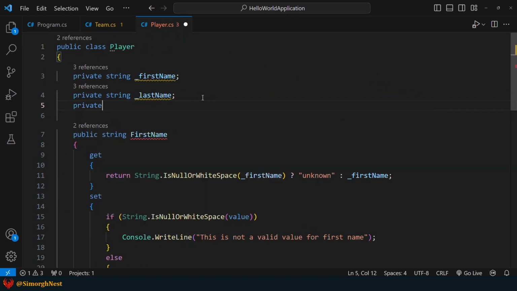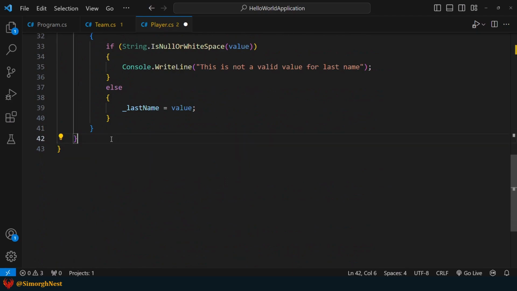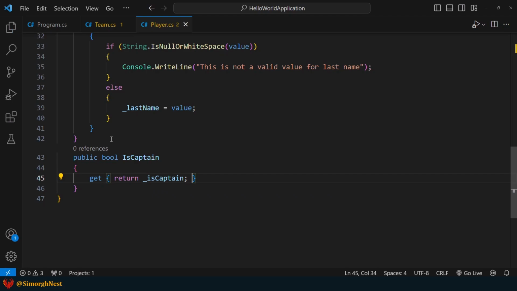First, let's declare its private field. Then let's declare the property. In the get accessor, we simply return its field. As you can see, this property only has the get accessor, which is known as a read-only property.